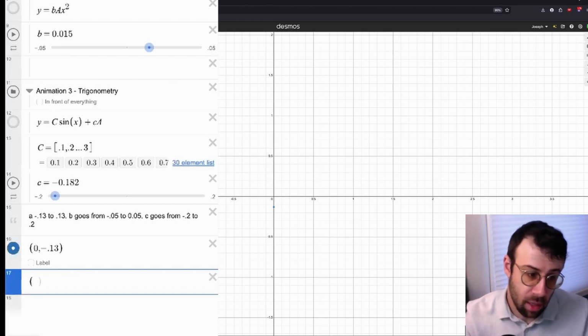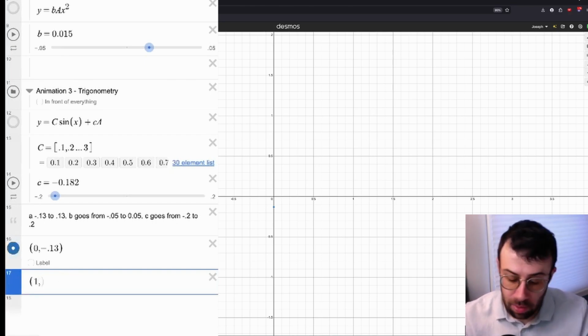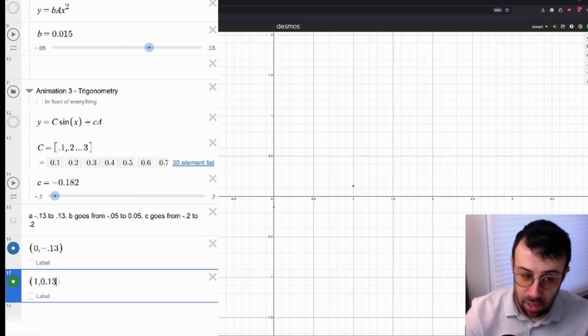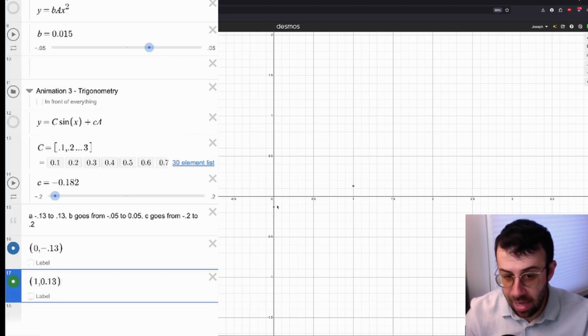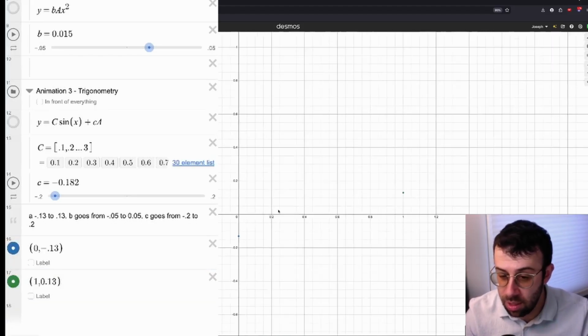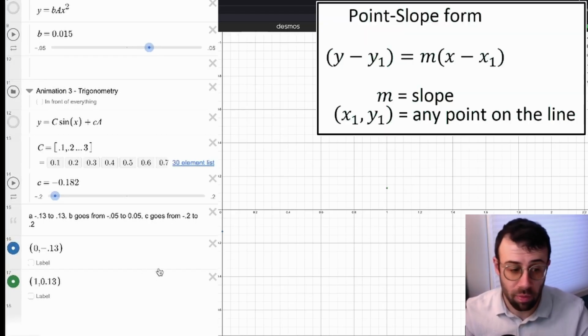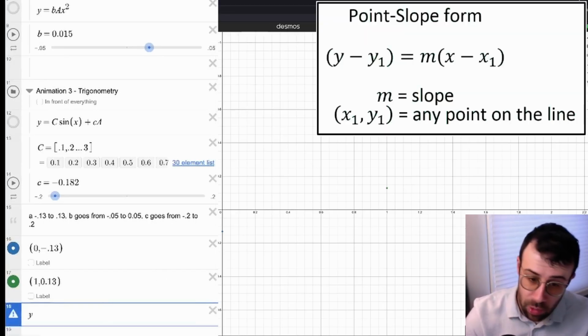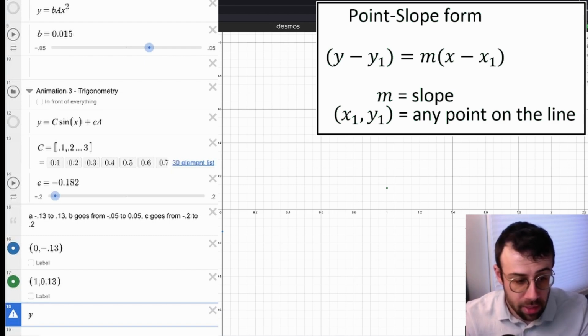And I want, when t is 1, I want it to be equal to positive 0.13. Now I actually need to connect these dots because I want it to increase. I want my t value to increase and my a value to increase proportionally. So I need to connect the dots. Now the best way to do this, in my opinion, is to use point slope form of a line. So to do that, I do y minus y1. In this case, y1 is going to be, I'll use the first point, y minus negative 0.13